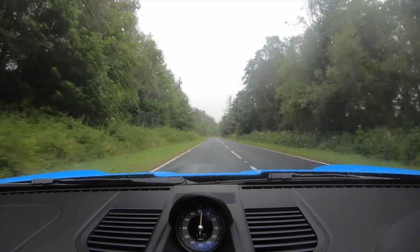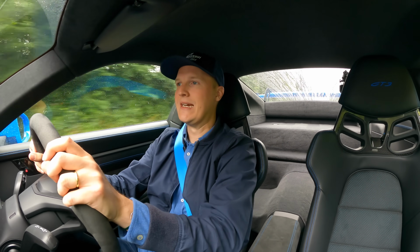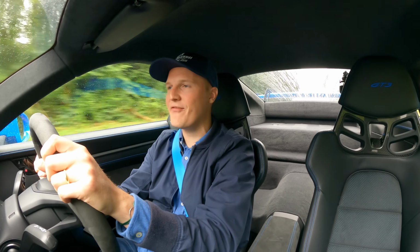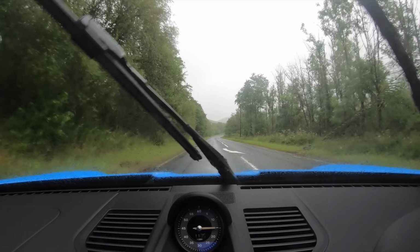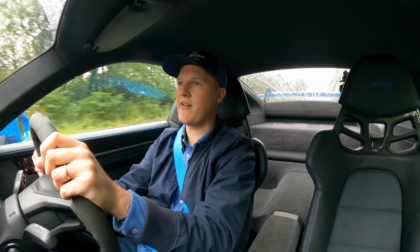So this is why I'm always a big fan of going to the popular good driving road and then turning off it. This is the A4067. We were previously on the A4069. We're essentially a sort of a valley over to the east, and whilst the rain is quite a bit worse and the traffic is quite a bit